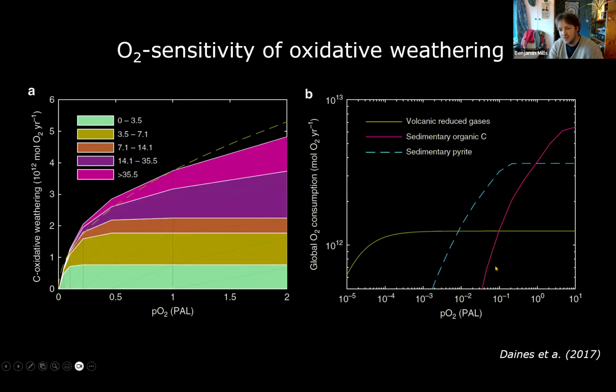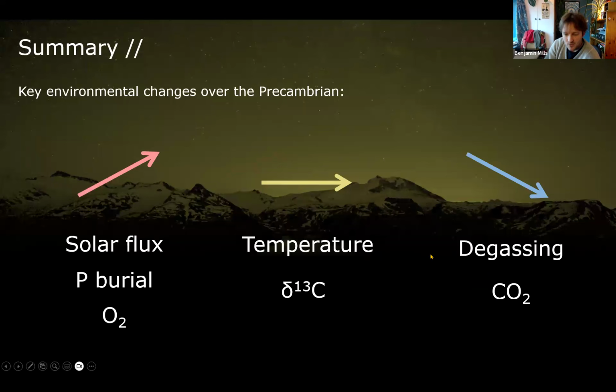So we argued in this paper, and several other people have done similar studies following this paper, that this is a feedback on delta 13C, that actually whatever your oxygen concentration is, if you bury more organic carbon, what we're going to do is ultimately weather more organic carbon. So the delta 13C is going to be heavily buffered against that. So we think that helps to explain why 13C is largely invariant over Earth history, certainly on those sort of 10, 100 million year timescales. So that's one paradox we might not have to worry about as much.